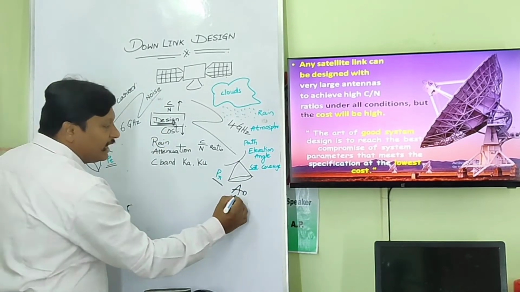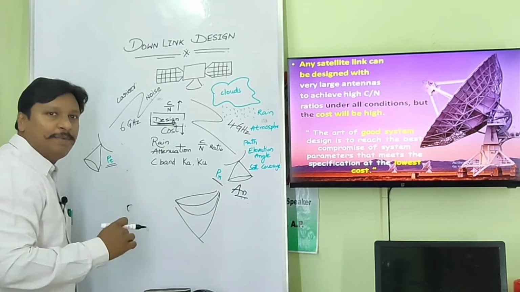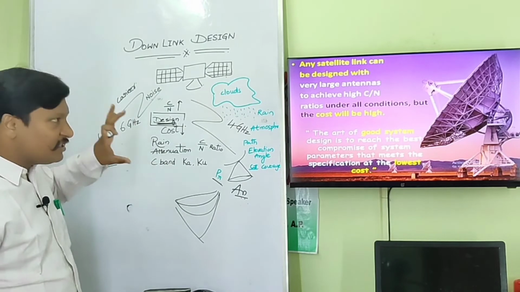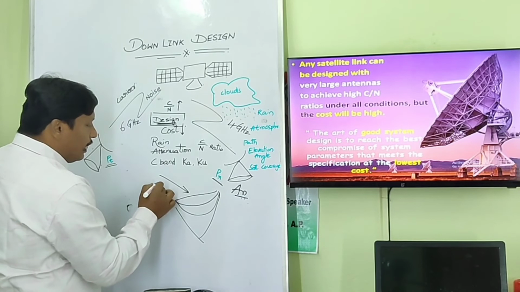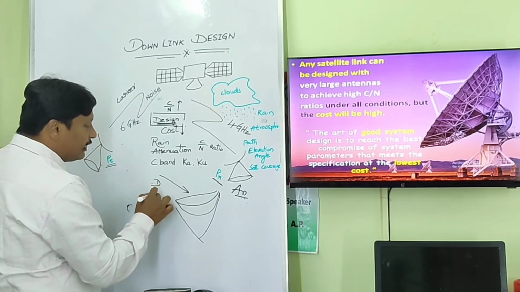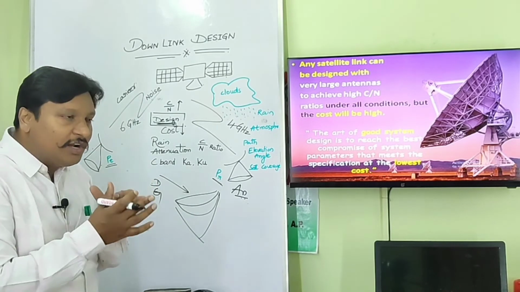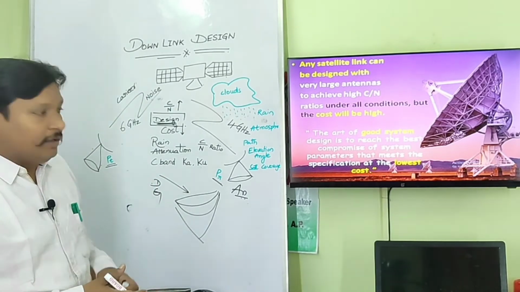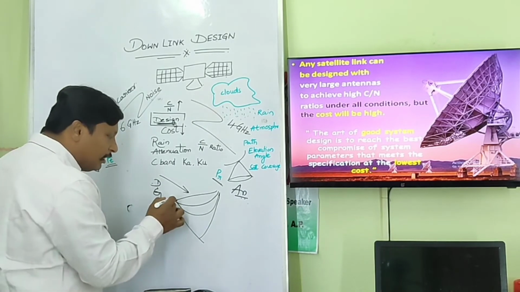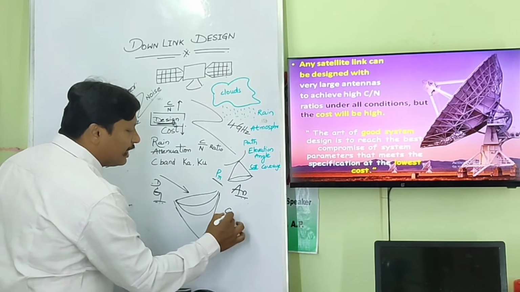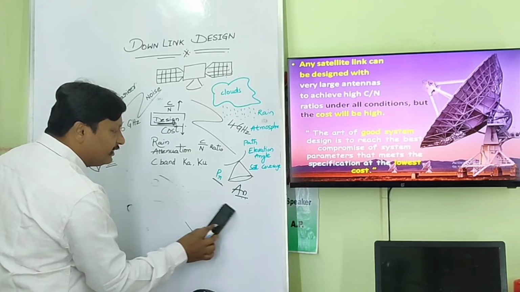The antennas used in satellite communications have very large apertures, and they should also achieve very good directivity gain. The gain should be very high. So very high gain or very large antennas are supposed to be used here. If we use high gain as well as high directivity antennas, obviously large aperture antennas, the cost will also increase. So we have to take specific care while designing satellite communications.